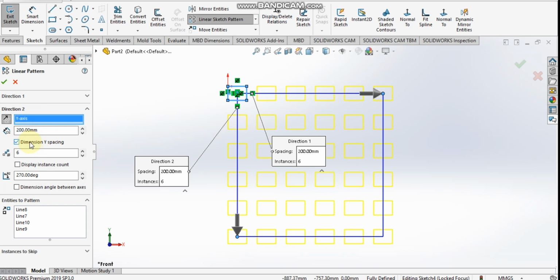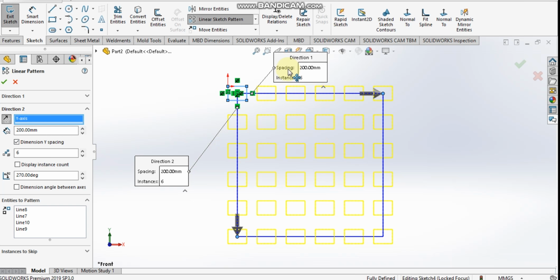We can also add automatic dimension using this option, dimension y spacing. Again by default the angle is 270 degrees, because the negative y-axis is inclined at an angle of 270 degrees and the positive y-axis is inclined at an angle of 90 degrees.